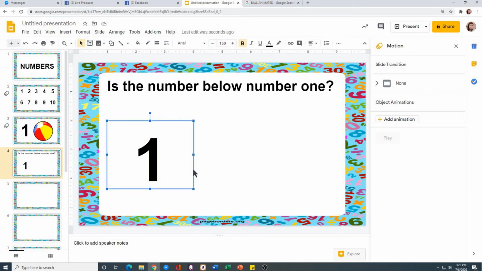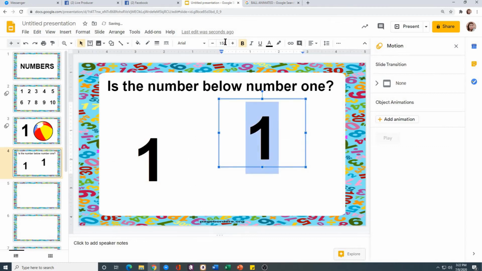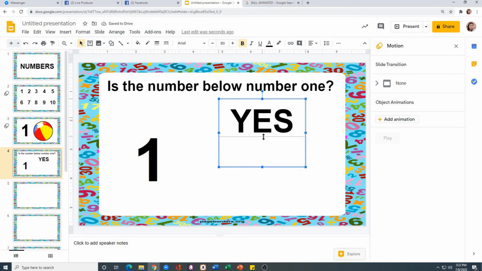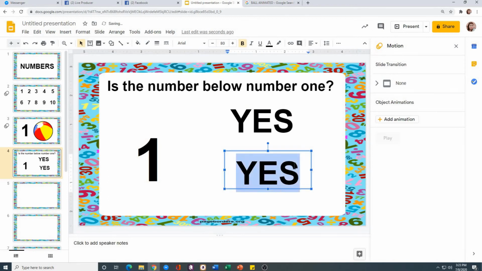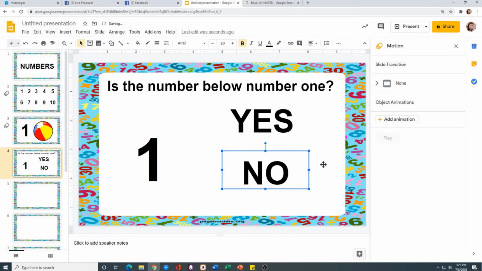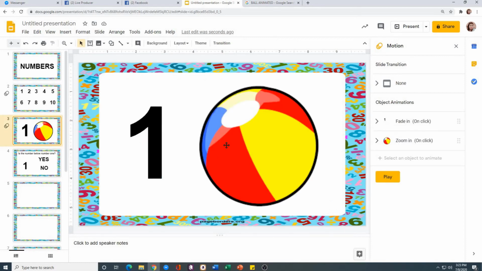And then, let's copy, change this possibly to 80, and type in yes. This is what I meant by making it collaborative for the student. So, if the student has learned 1 and 1 ball,